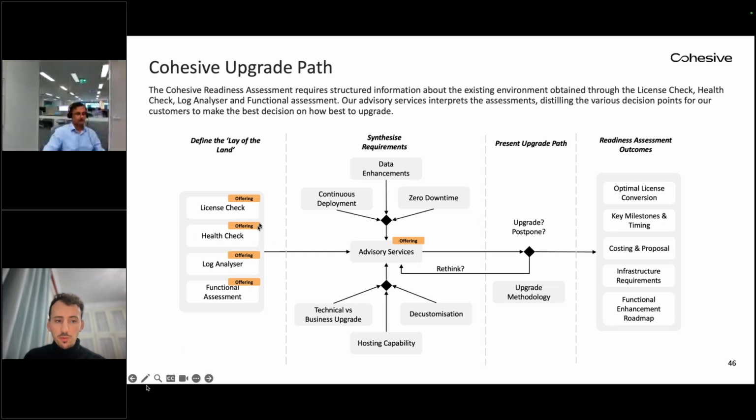And then once we perform the license check and we understand the commercial change, we then perform a health check, which aims to understand if there's any customizations, what degree are those customizations affecting or could affect a potential upgrade. How is the customer currently using the system? What applications are being used? What applications are not? Kind of looking at stock take between the licenses you've had, the functionality you should be using, should not be using, have been using, want to use, and trying to consolidate that in a really good